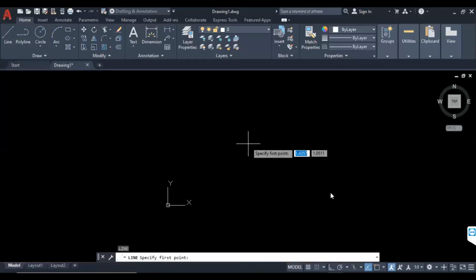Go to the line segment, type 0, 0. Enter.